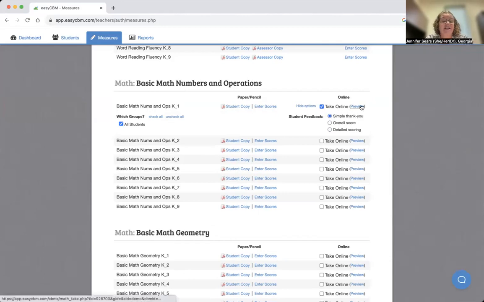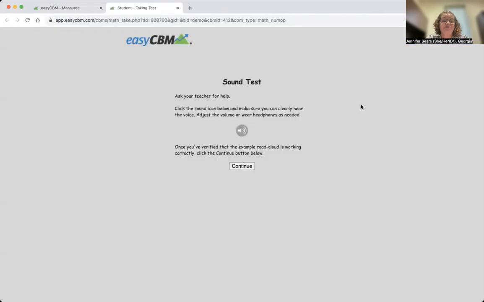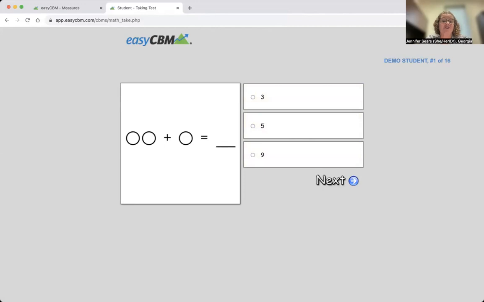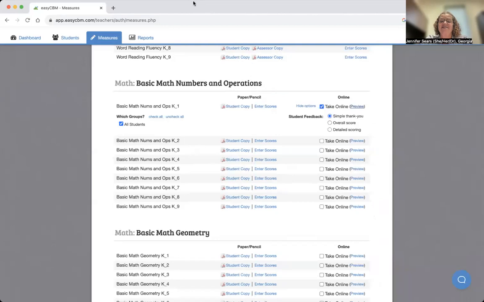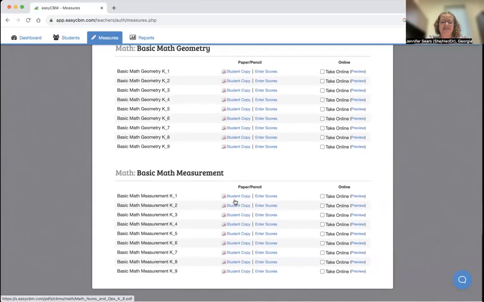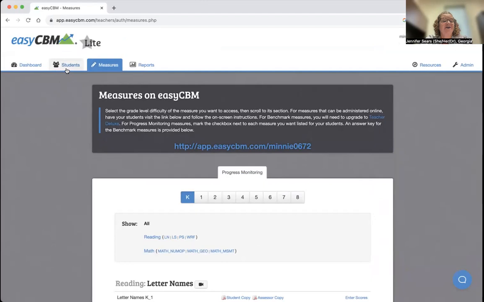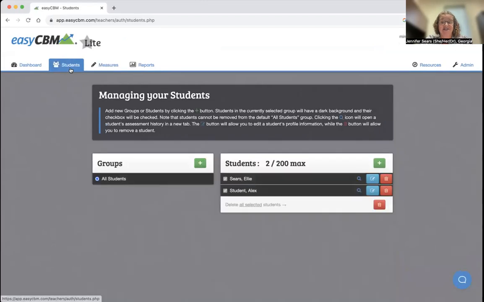So if we go ahead and click preview, it does use sound. This is an audio example. So that way you can make sure that they can read it. And then if you click continue, it's going to go through what the test will look like for a student. But if I go ahead and assign it to her, so we're going to take it online. And then if I go back to students, I've assigned it to her already. If I go to Ellie,